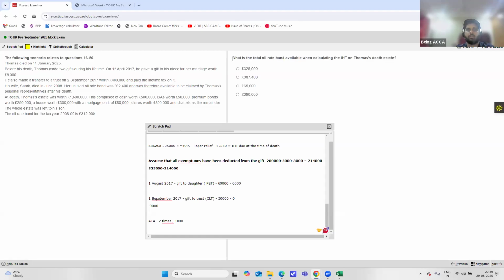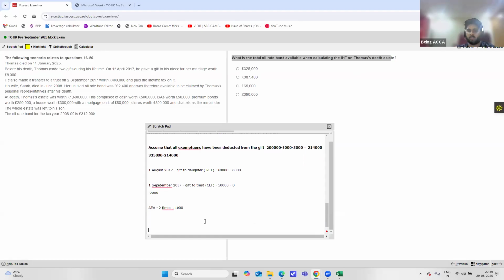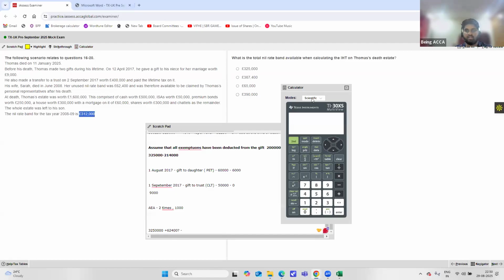Now, next question. What is the total nil rate band available when calculating IHT on Thomas's death estate? So here, what is the nil rate band that would be available? Normally, it is 325,000. But here, he is also getting his spouse's unused nil rate band. His spouse's unused nil rate band was 62,400 out of 312,000. So do we directly take 62,400 here? No. What should we be doing? It will be nothing but